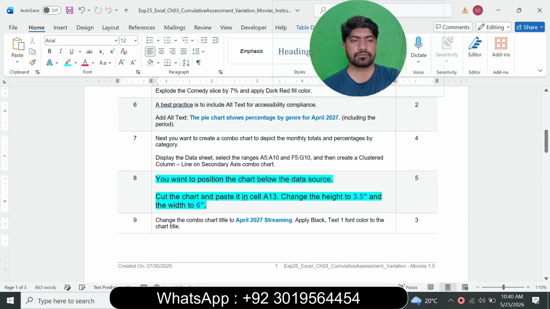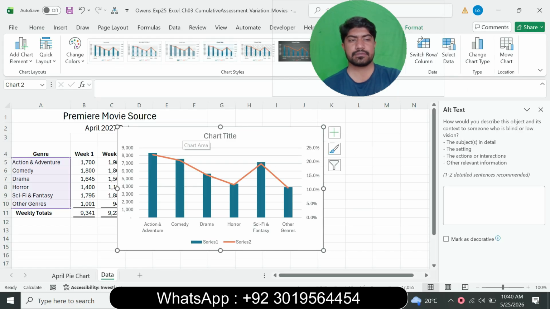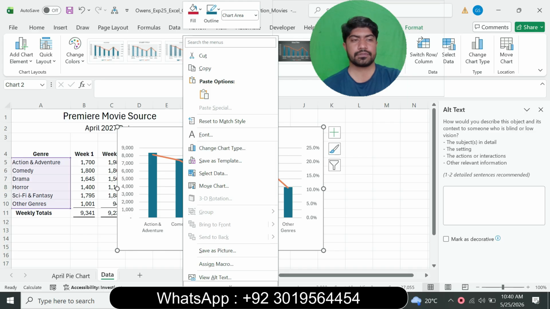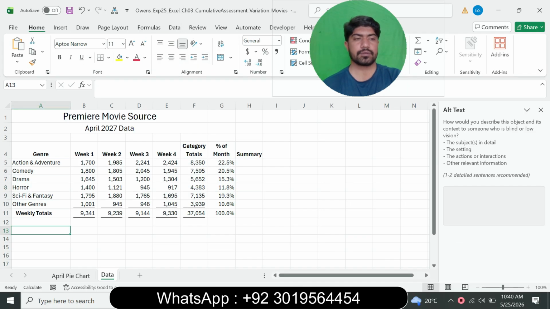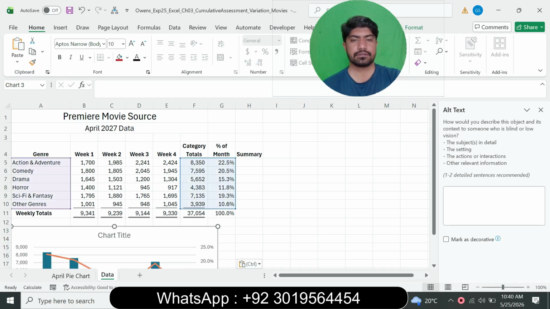So question number 8 is, you want to position the chart below the data source and cut the chart and paste it in cell A13 and change the height to 3.5 and width to 6 point. Cut the chart and paste it in cell A13. Right click and click cut chart and paste it in cell A13